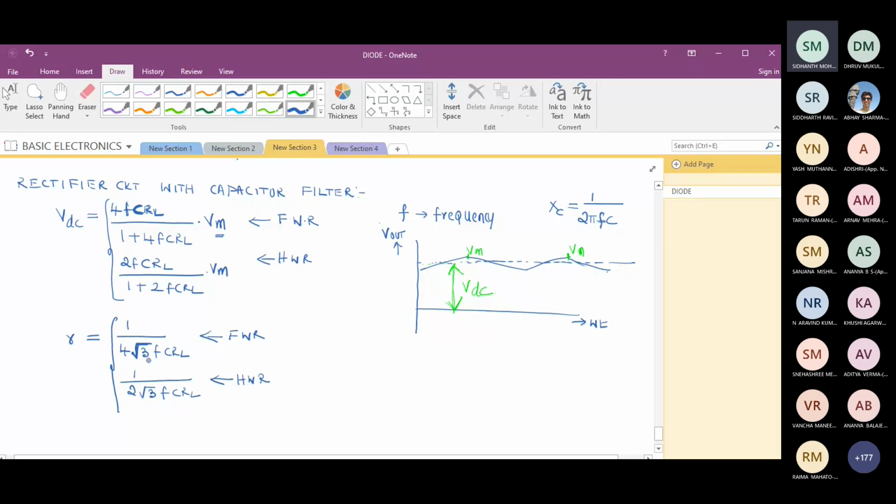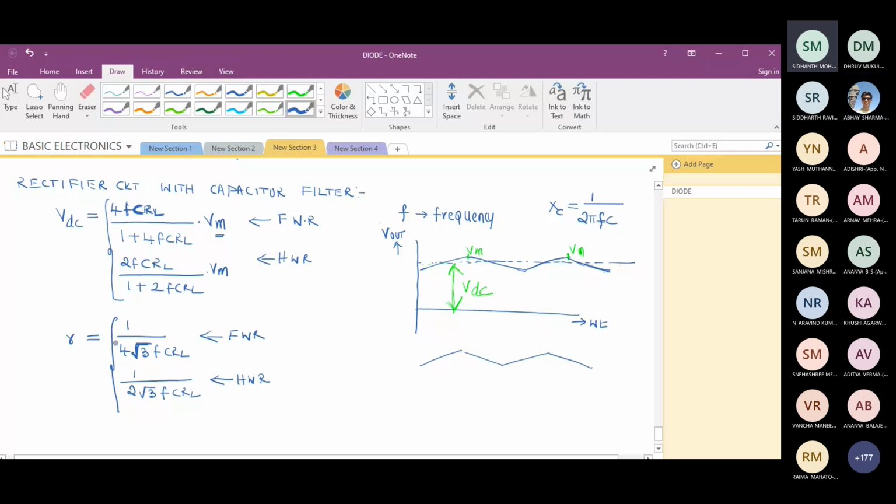why we are getting this root 3? Because this waveform that I have drawn here, the charging and discharging waveform, in the derivation, can I approximately take it as a triangle? Can we approximately take it as a triangular waveform? A triangle like this? Yes. So if you find the RMS value of the triangle, because ripple factor, how do we derive it? If you remember, it is V RMS ripple by VDC. Correct?